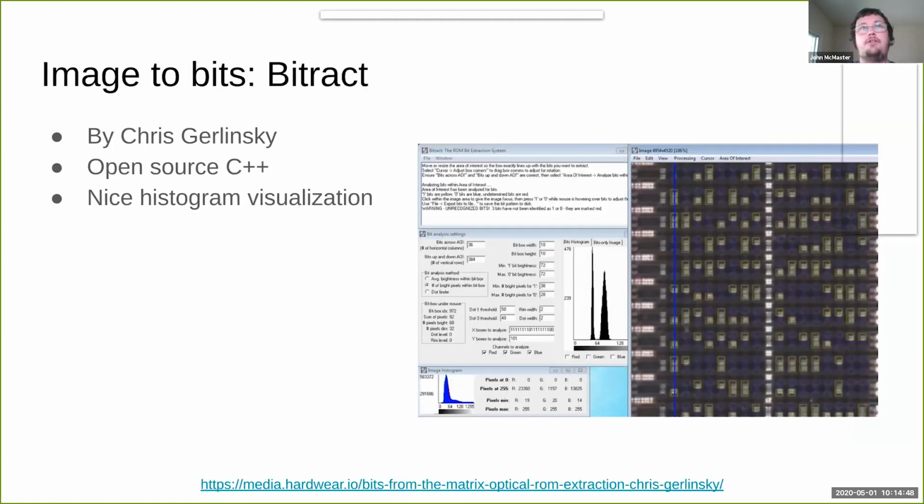The next tool that you might consider using is a tool that Chris Gerlinski talked about last year here at hardwear.io. And this is open source C++. And conceptually, it's similar to Rompar. It's a GUI. It allows you to define these regions where the bits occur and sort of patterns. I would say though, it's more polished, especially when it comes to things like brightness levels and visually showing a histogram, for example, of how much black versus how many white splotches you detected in